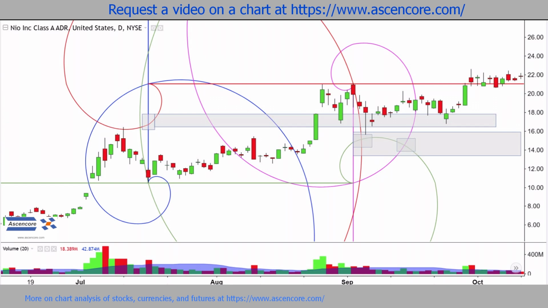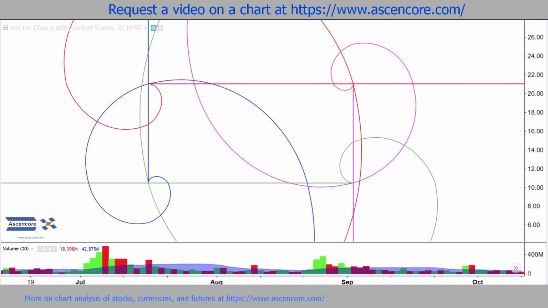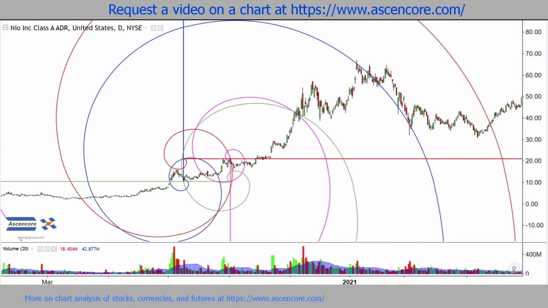Moving towards the right side, we can still identify approximate price ranges of interest in terms of retracement levels price could fall onto in the event there was a more substantial downward reversal. Then later on, we see another case where spirals can extend far into the future